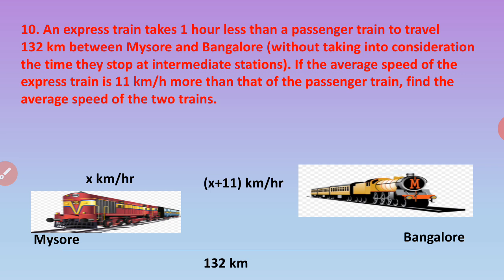Now, there are two types of trains which we are talking about. One is passenger train, the other one is express train. Now children, there is a basic difference between these two types of train. Passenger trains travel at a lesser speed, whereas the express trains are faster. The name itself will tell you, express. They run faster than the passenger trains. So it is basically the difference in the speed of those two trains.